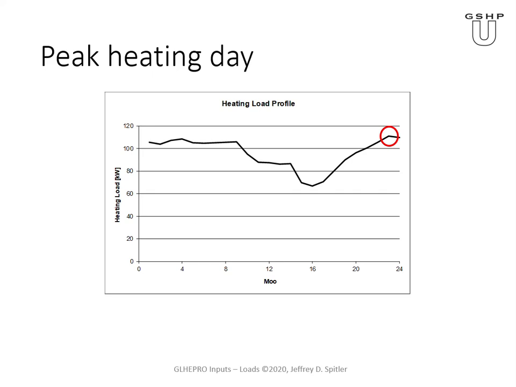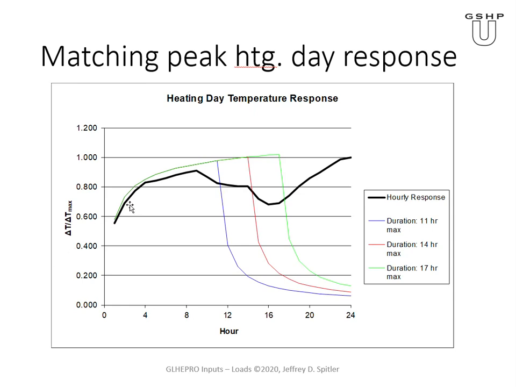We won't get into the details here. But when we superimpose the actual heat extraction rate that would occur over the monthly average, and we find the temperature response over the day, what's actually going to happen is towards the end of the evening, there will be a maximum temperature decrease. But if we divide the hourly temperature difference from the monthly average temperature by